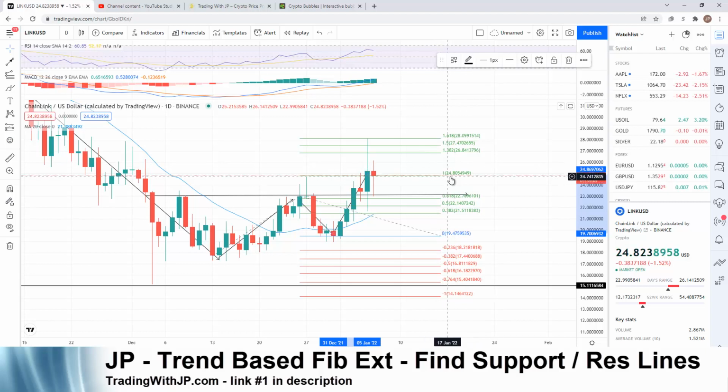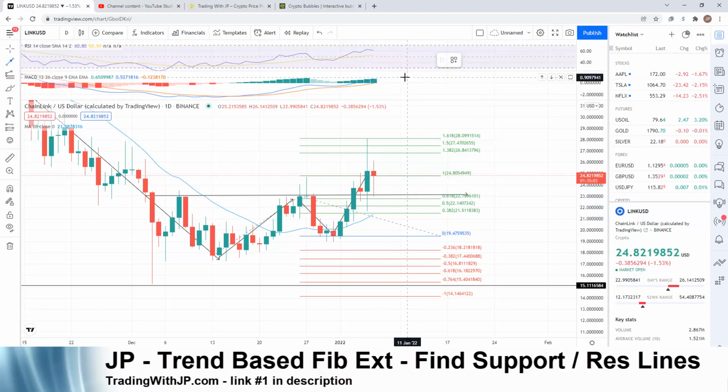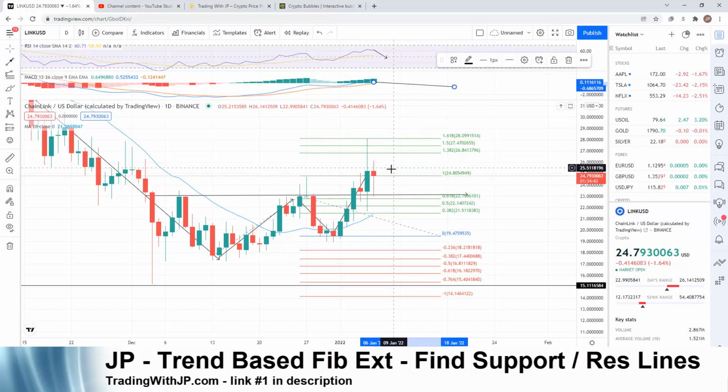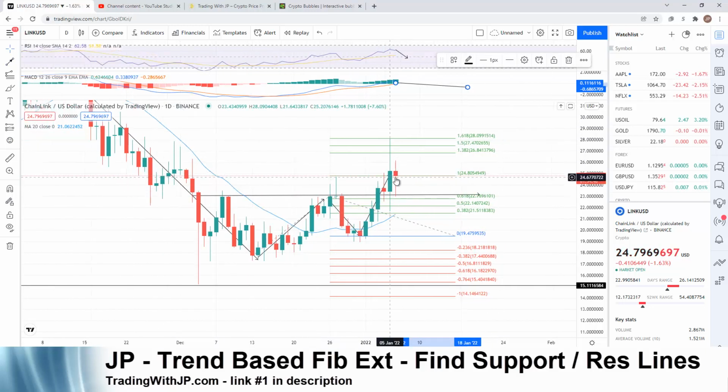So the next thing that I would expect, again, looking at our MACD and our RSI, is that we're probably going to start to lose momentum. I mean, look at how long we've had momentum on our side. It's been a little bit too long. So we're probably going to see this go down just a little bit, we're going to see the MACD continue going down as well, and we're going to see the price continue going down a little bit,